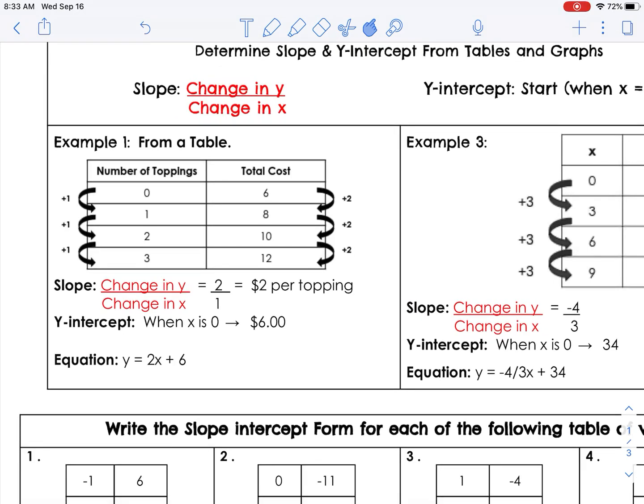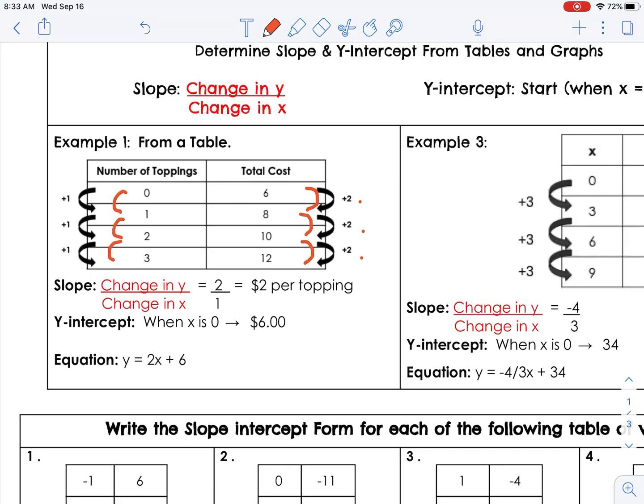we have the number of toppings on a pizza or ice cream and the total cost. So to find the slope, we're going to look at the difference between 6 and 8, and that was 2. And from 8 to 10, that was also 2. And 10 to 12, that was also 2. That's going to have a constant rate of change as long as the x values are also going up by 1,